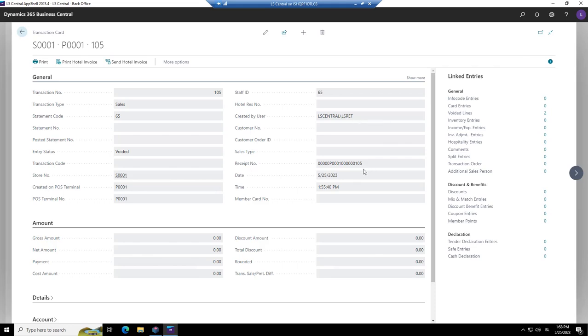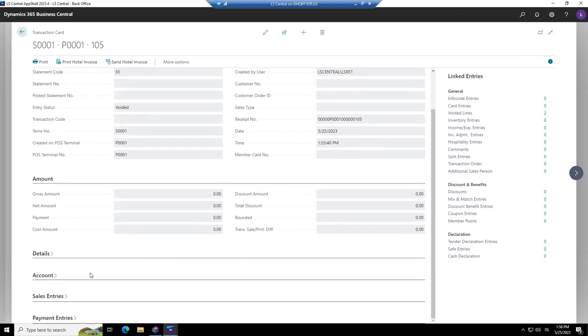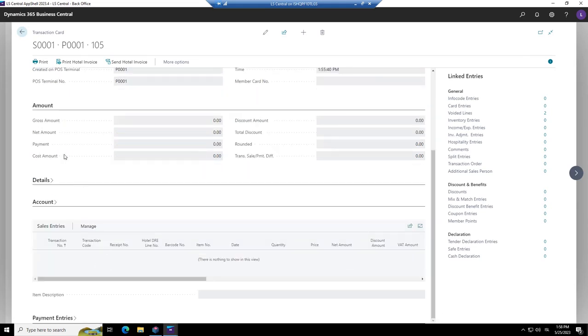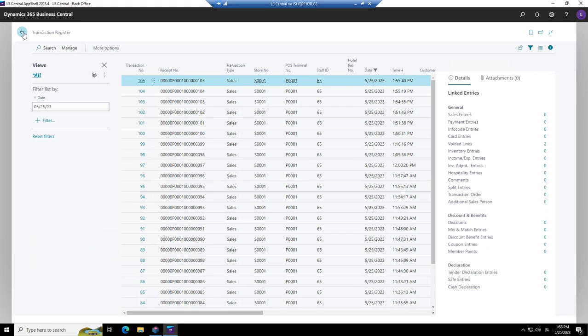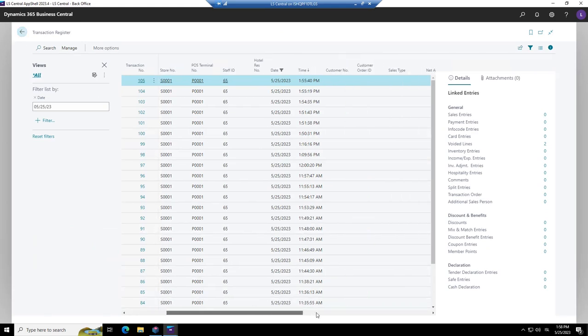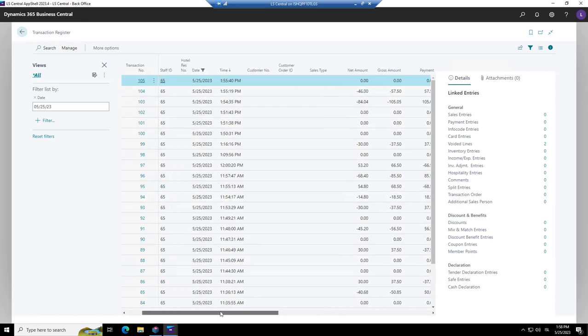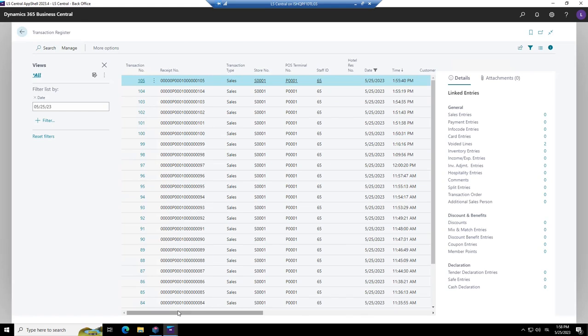And this was the receipt number, date and time, and then everything else is nothing. Sales entries, none, etc. Go back from the transaction card, and if you scroll to the right, you will see that the net amount and gross amount was 0. So you now know that all voided transactions are registered, but of course they are not going to be counted.